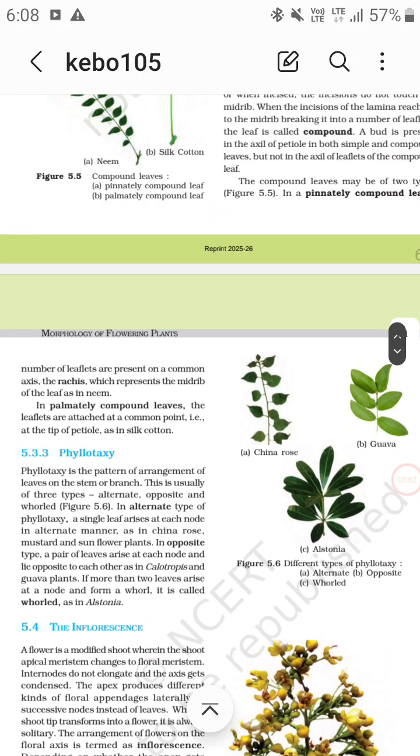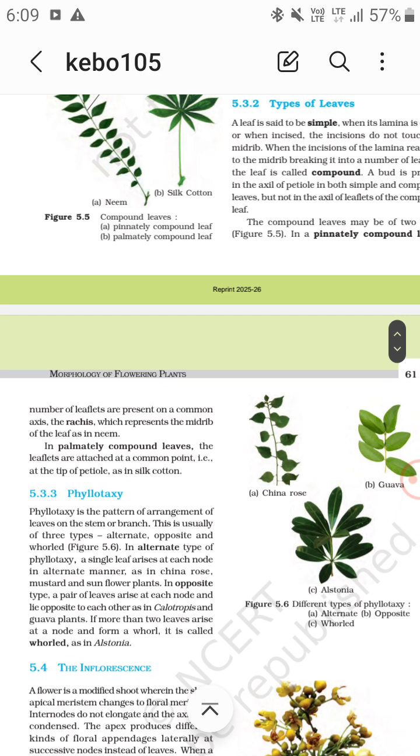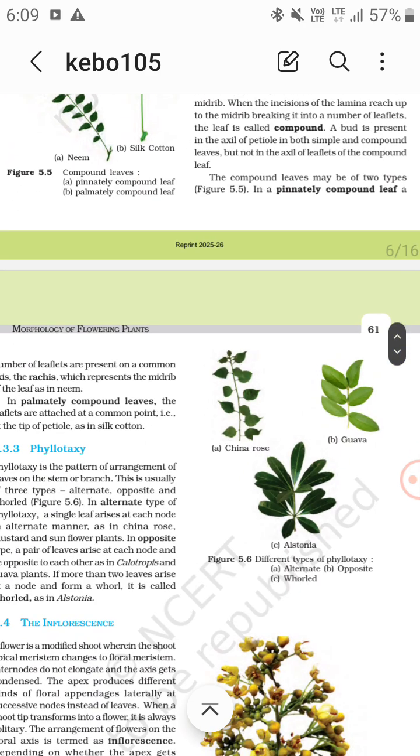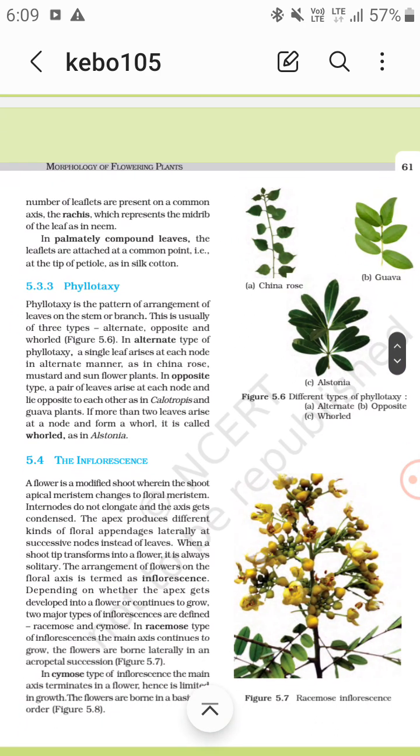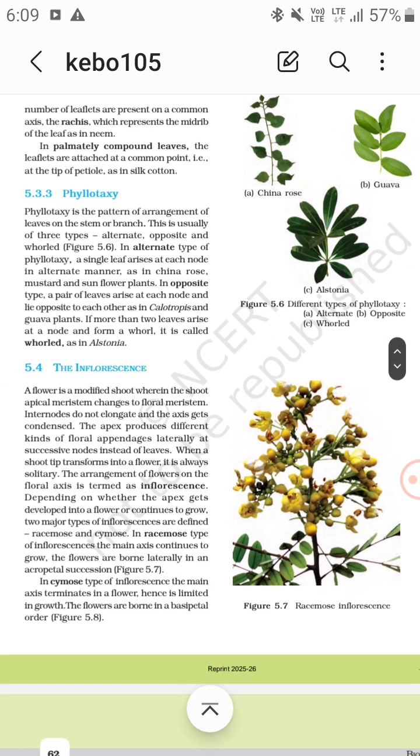Palmately compound leaves have leaflets attached at a common point, the tip of the petiole, as in silk cotton. Neem has a pinnately compound leaf, as you know. So these are the types of leaves. In phyllotaxy, the arrangement of leaves on a stem or branch, there are three types: alternate, opposite, and whorled, in